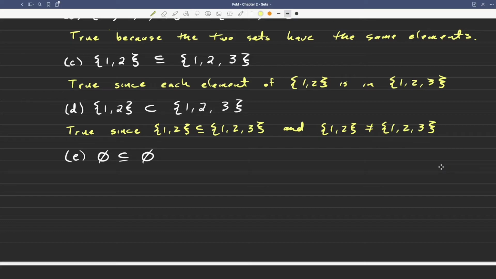Well, how could that be true? The empty set doesn't have any elements, so how could it have anything contained in it? But hold on a second, didn't we prove that the empty set is a subset of every set? Yes, we did. What was that fact? Fact